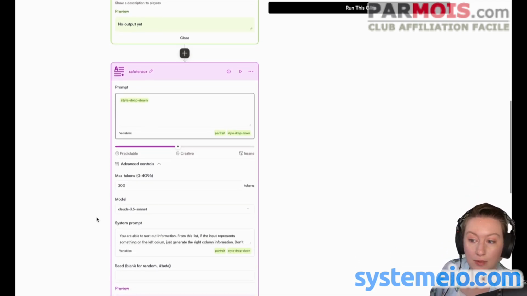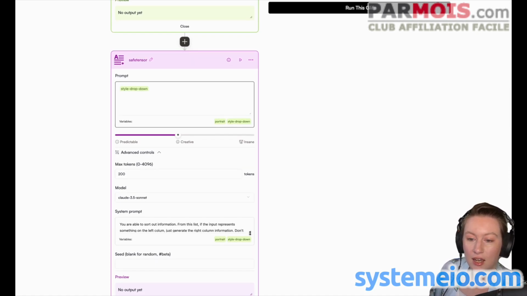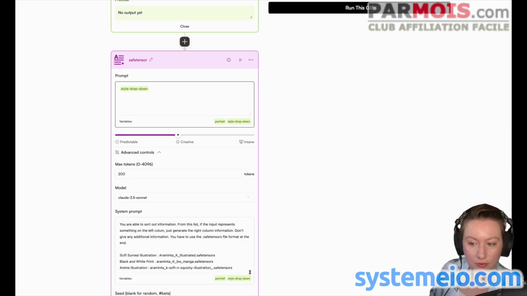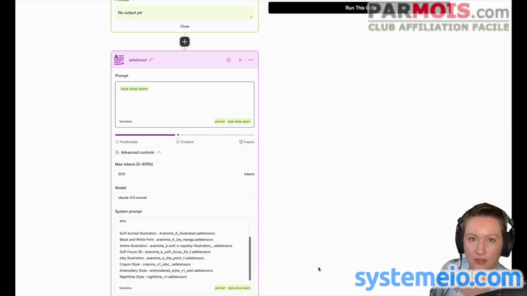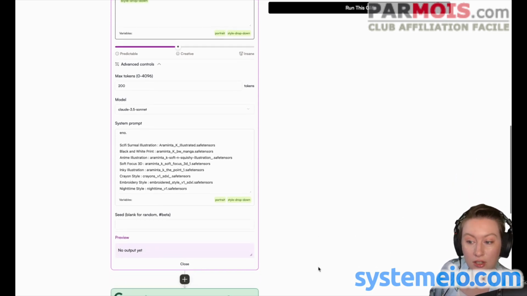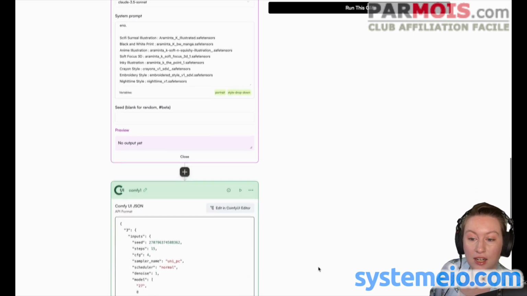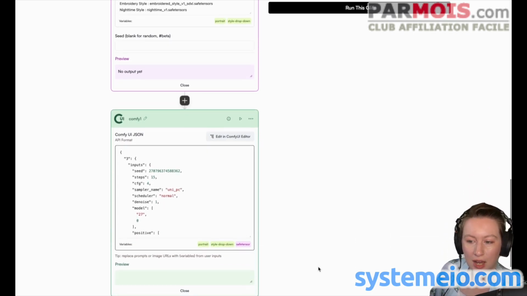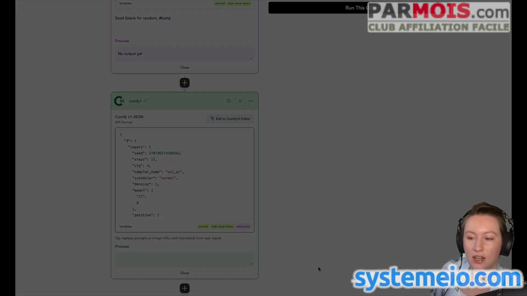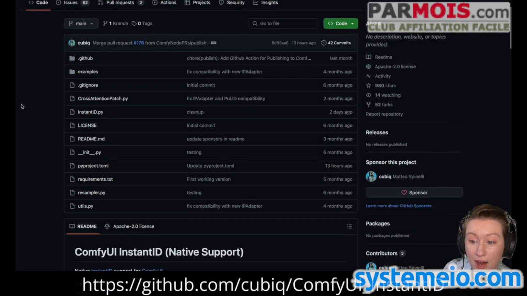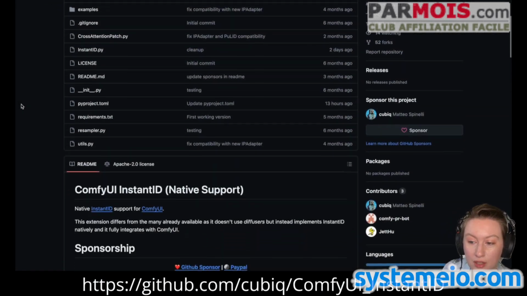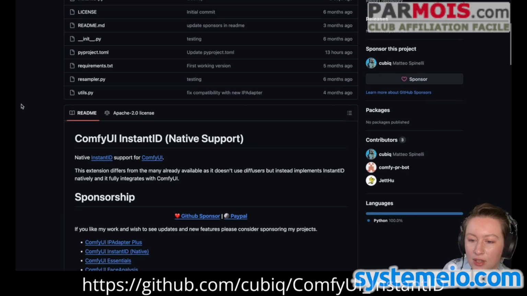We used an image input for a user portrait, a multi-pick drop-down menu for different styles, and an LLM block to help us parse out the correct corresponding safe tensor file. We also added a Comfy UI block to create a complex image generation pipeline, which we're going to get into in this video. For the Comfy UI workflow, we're referencing Cubic's workflow for Instant ID with some of our own